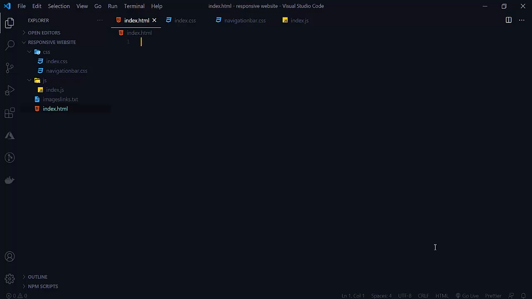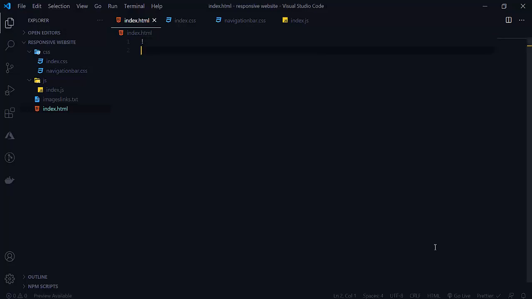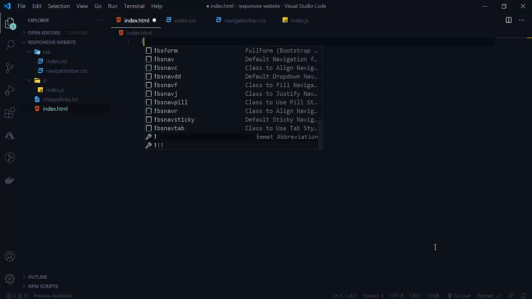So let's first of all create a snippet here, a simple HTML snippet. I am using VS Code, but you can use any text editor. Here is the shortcut: simply write an exclamation mark, then press tab, and it will give you the whole preview. Actually this is not giving anything, so let me save it again. Yeah, see that this is here.